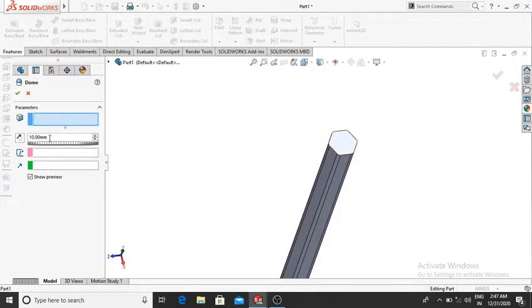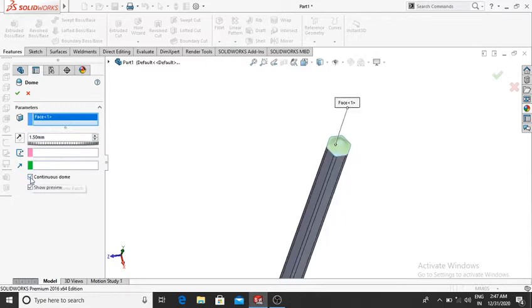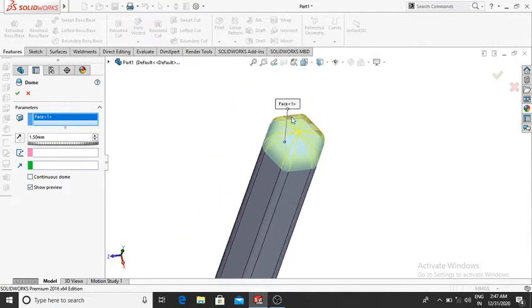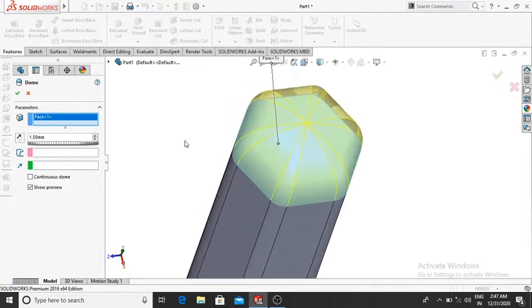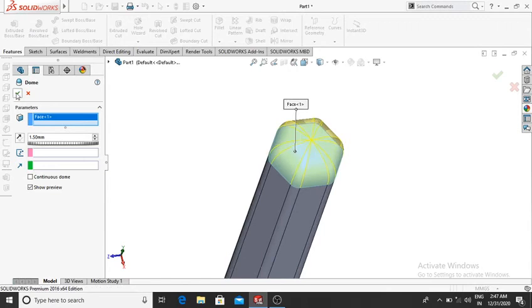It takes time. Here we untick continuous dome, so it makes the particular shape, then OK.